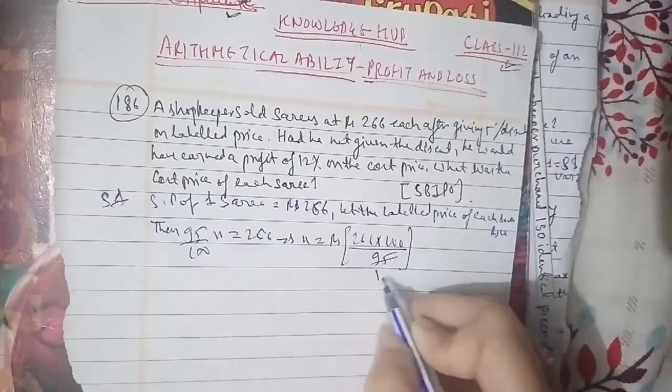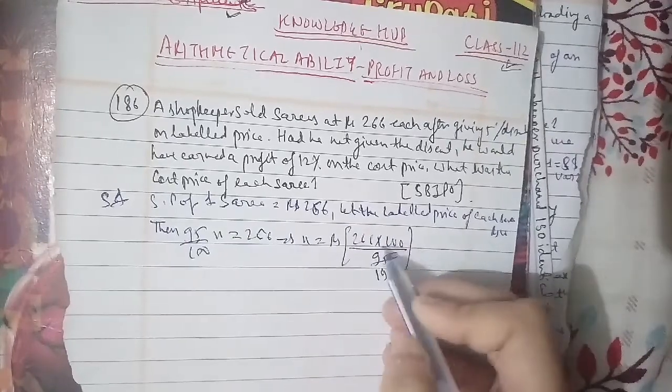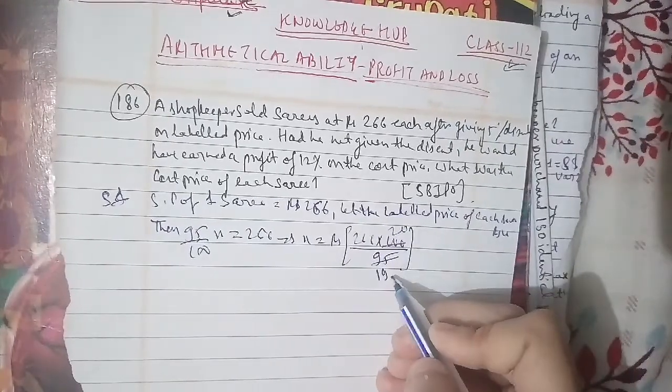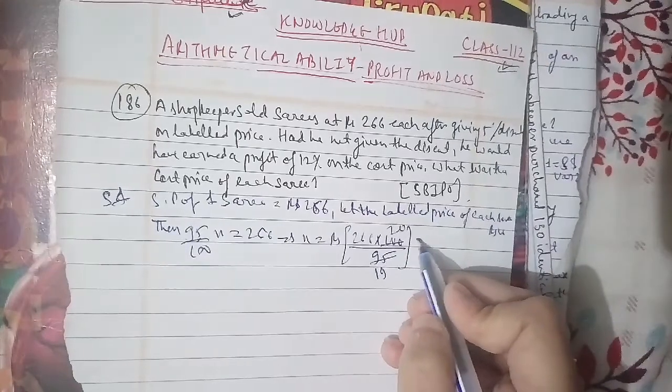So 5 ones are 5, 5 nines are 45, 5 twos are 10 and 0 here. So further it will be